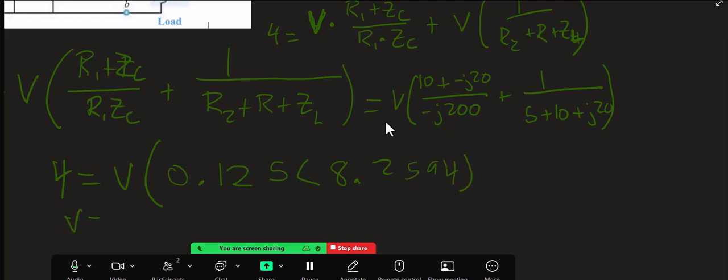So V would equal 4 divided by that, which is